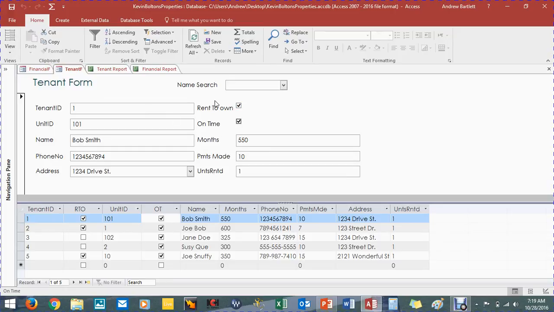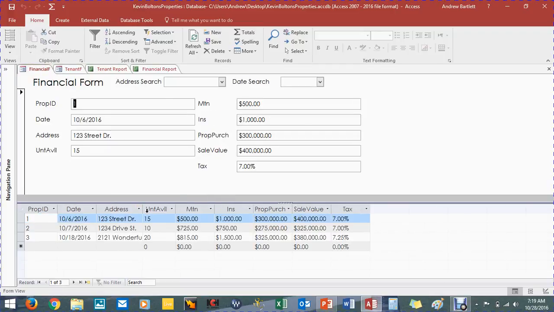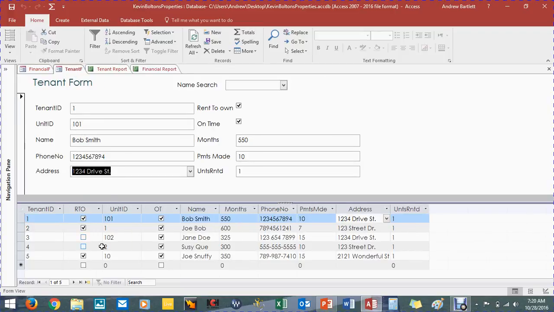Let's say you want, and I made this a split view, so I have my tables on the bottom and my form on the top. I have the address linked because obviously you're going to have many addresses. You see there's 3 addresses here, 3 properties, but there's 5 tenants,